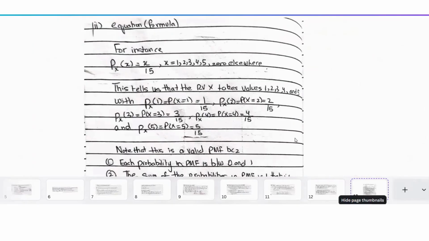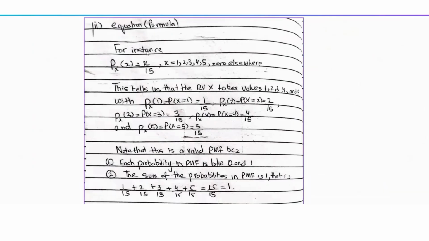Now, a PMF can be in the form of a table or it can be in the form of an equation or formula. For instance, this could also be a PMF. This is telling us the probability that the random variable capital X is equal to the value small x is x by 15. Again, small x is always referring to the value of the discrete random variable, and capital X to the random variable itself. So this is telling us that the probability that X is equal to x is x by 15 for x equal to 1, 2, 3, 4, 5, and 0